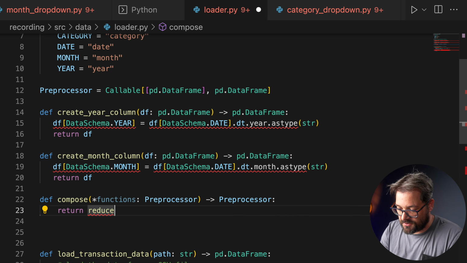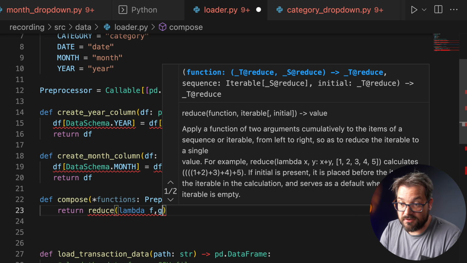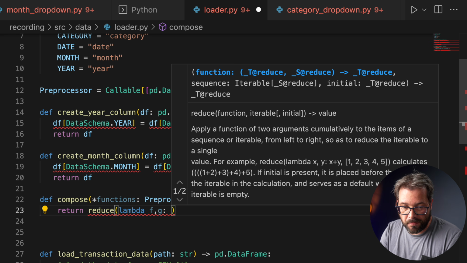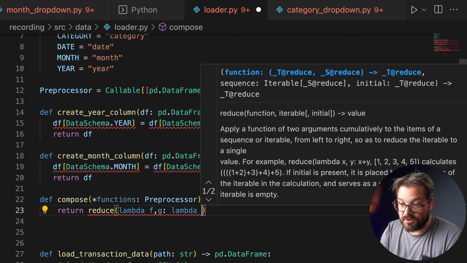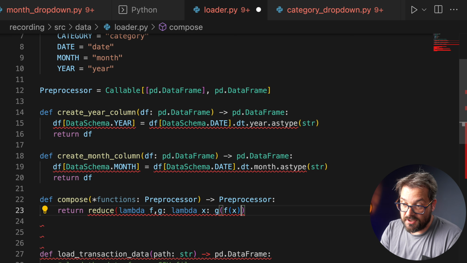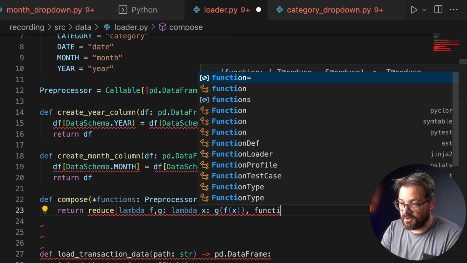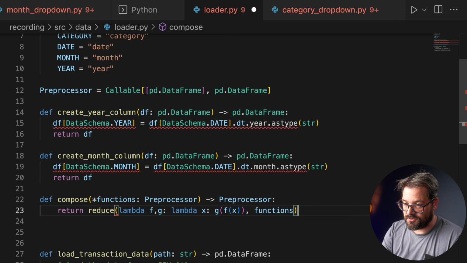And reduce allows us to define a lambda function that takes two other functions, f and g. And then it returns another function which takes a value, let's call it x, and then creates a sequence of calling first f and then g on x. And the initial input is the list of functions that we give the compose function. So there we go. We can now use compose and supply it with the functions that need to compose as